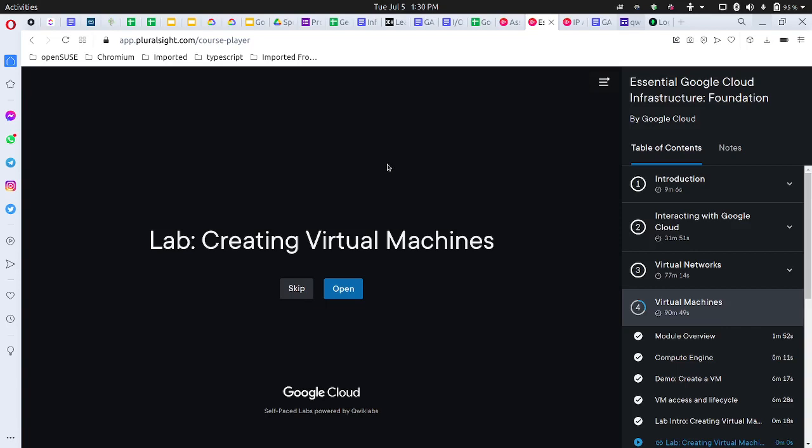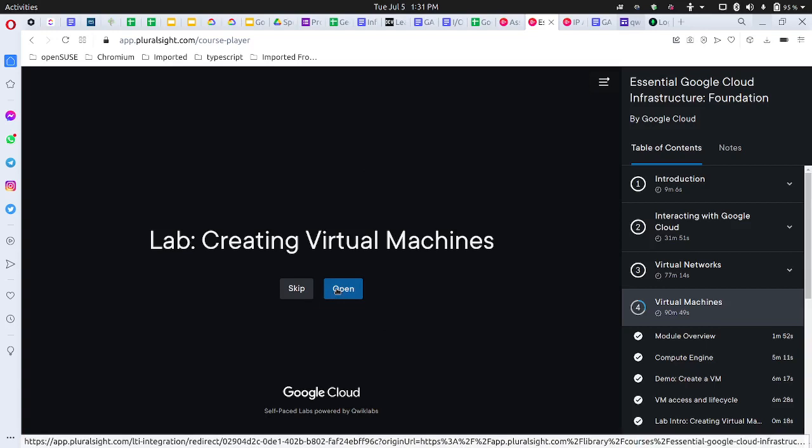This is part of my series of quick lab sessions as part of the curriculum for Essential Cloud Infrastructure Foundation. This will actually teach you rudimentary concepts for the cloud so that you can build on that when you go into the deep dive. Okay, today's lab will be looking at